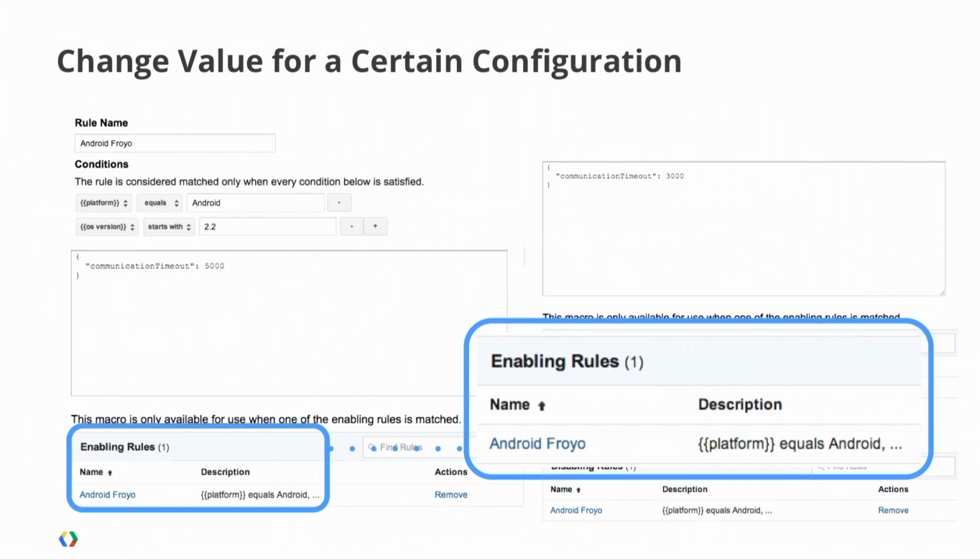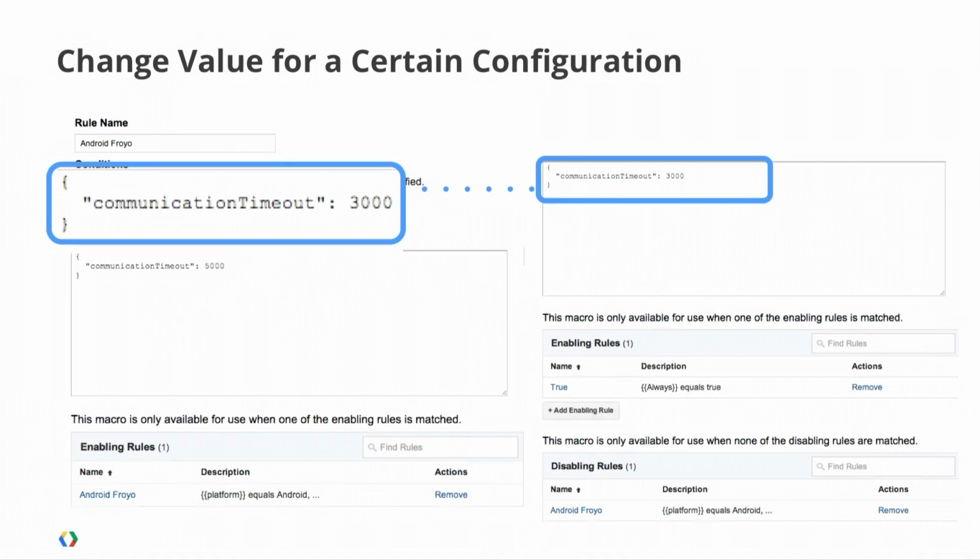So we say this particular macro is only enabled on Android 2.2. So that'll ensure that on those devices we'll have a value of 5,000. We still need to make sure the others have a 3,000, okay? And only the others. We need to partition all of our users because we don't want to be specifying more than one value, right? We're 3,000, but we're also 5,000 if it's Android 2.2, and then there's the question of